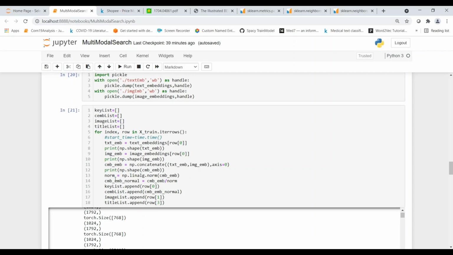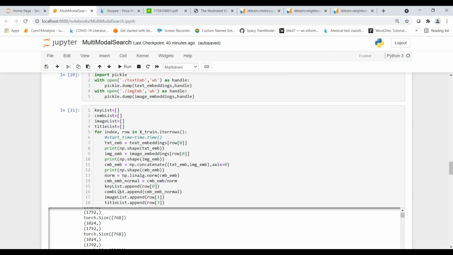And I do another processing over here whereby I find the norm of the combined embedding and then I divide it to create the normal combined embedding. This is specifically done for a purpose. I'll be talking about it later, when I talk about distance measures.